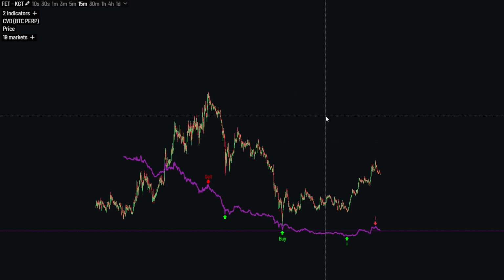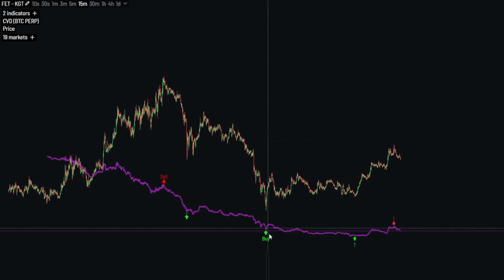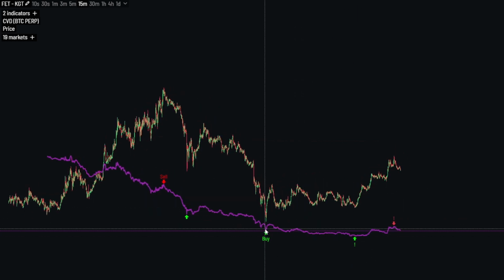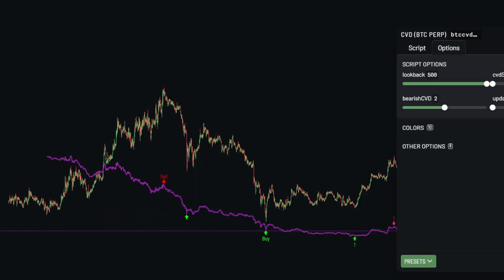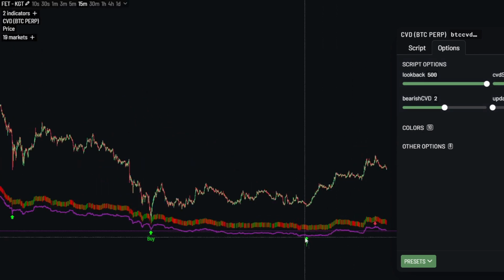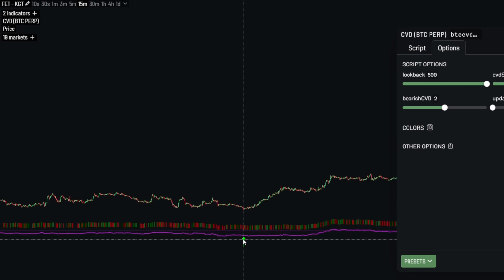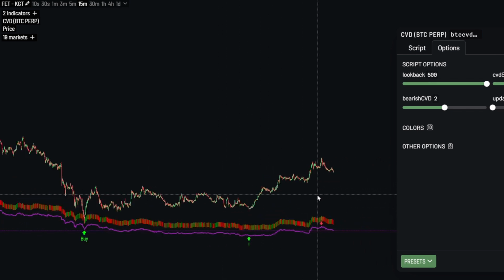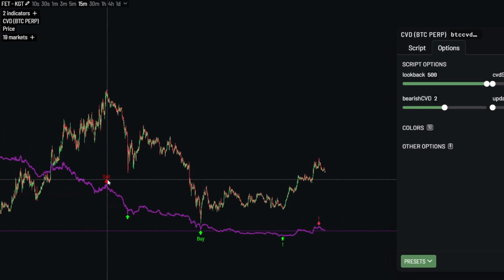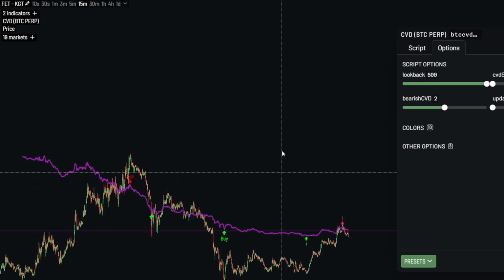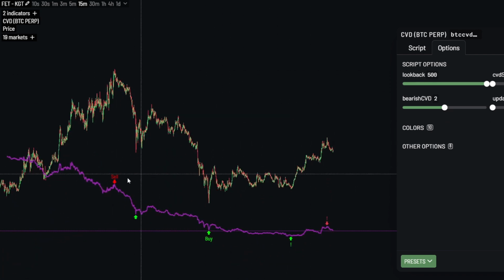Now, if we take a look at the KGT indicator on the 15-minute chart, we can see that we have a buy signal lately here, and we have a divergence for the price action and the movement. Plus, let's see the accumulation of buyers and sellers. So we did not really see a lot of greens. Well, there is a little bit here, 3 bars, which is good. Okay, we saw some higher prices, but don't forget that right now we saw as well a bearish signal convergent with this price action in the top. As you can see, the tops are towards the downside, and the bearish signals as well on the CVD line are towards the downside